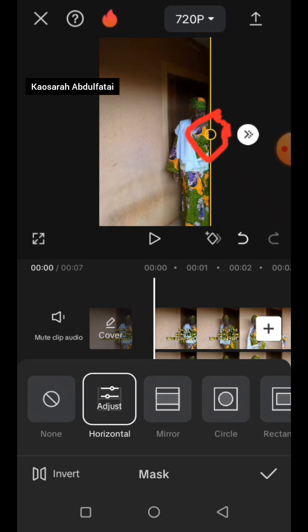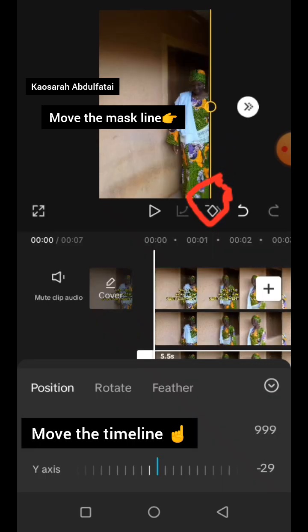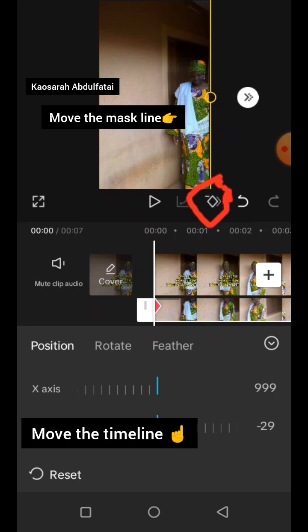Just note that you don't tap on that white icon that has two arrows. No, don't tap on it. Just the circle and that line is what you're tapping on. So don't make a mistake. Okay, so when you've gotten the 90%, the first thing you do is to click on